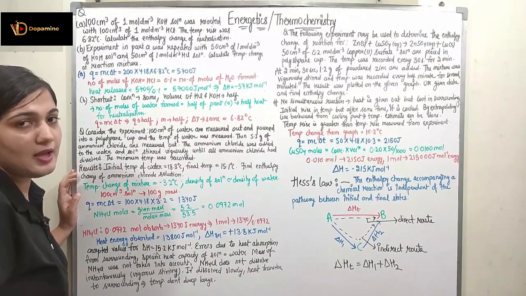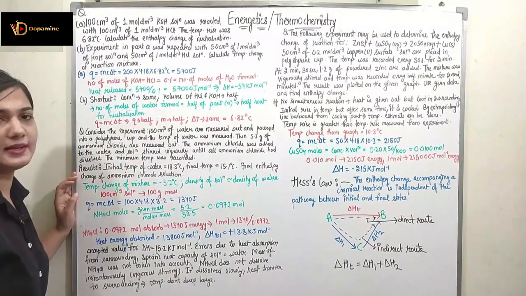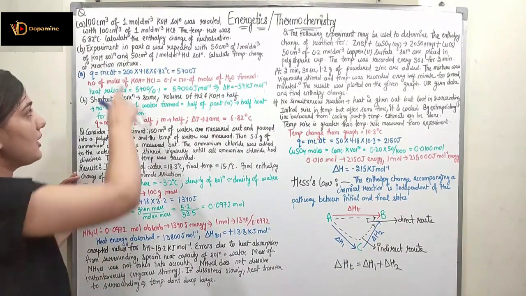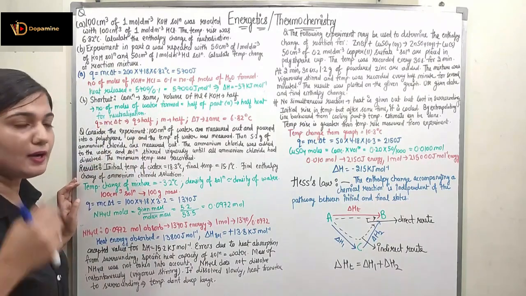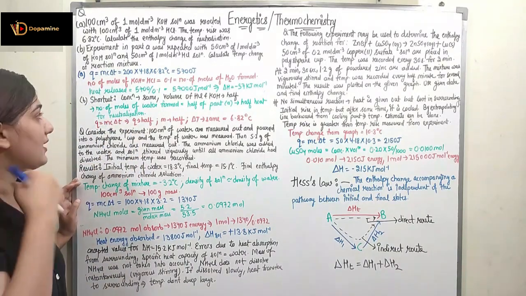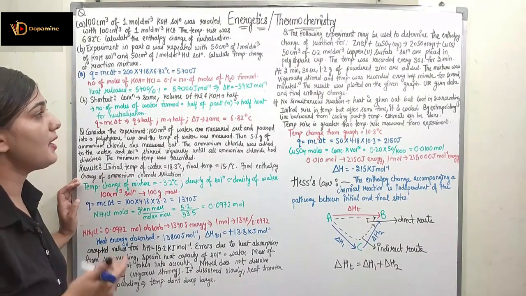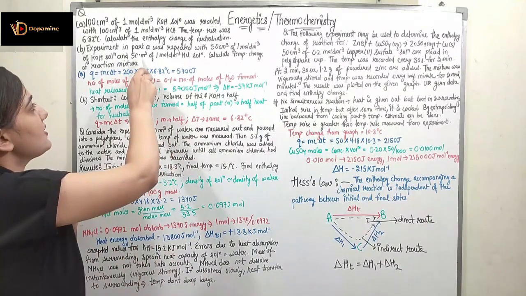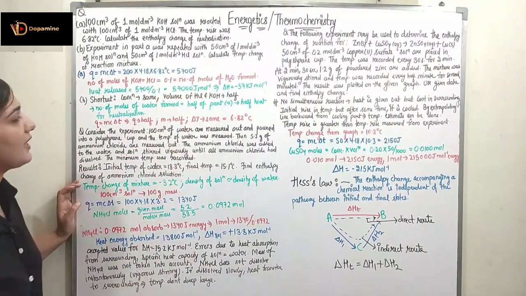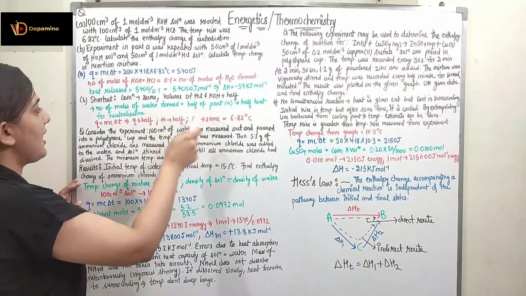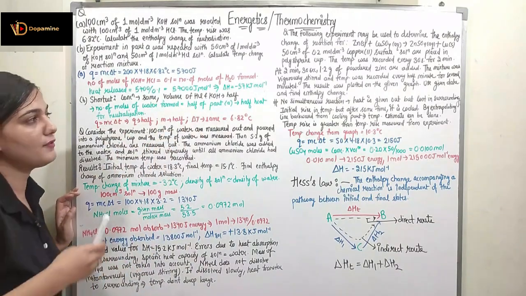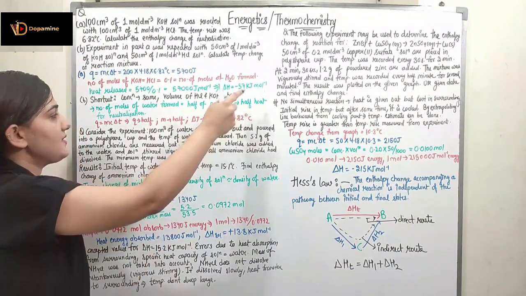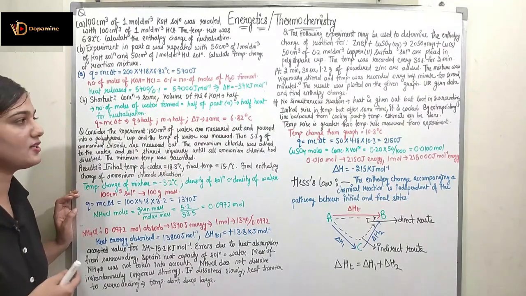Right, now coming to the next question, part B, we will be doing it with a shortcut. You can do it with the full method where you find Q, put the values in the formula and find delta T. But we are now using a short trick where we know the concentration is the same and the volume of HCl and KOH here is half. So when the volume is half, the number of moles of water formed will be half, because the number of moles is volume into concentration. So I can say half the heat of neutralization is produced.